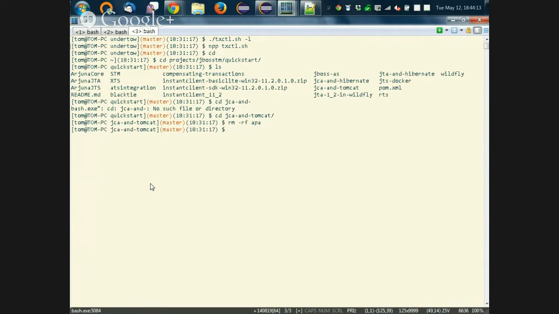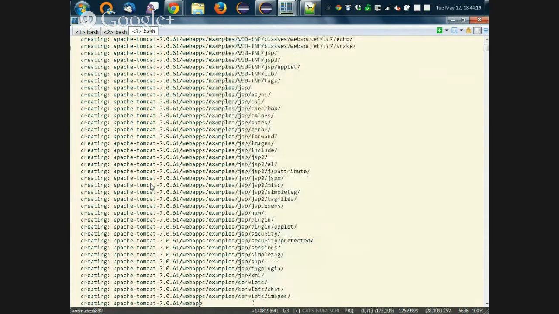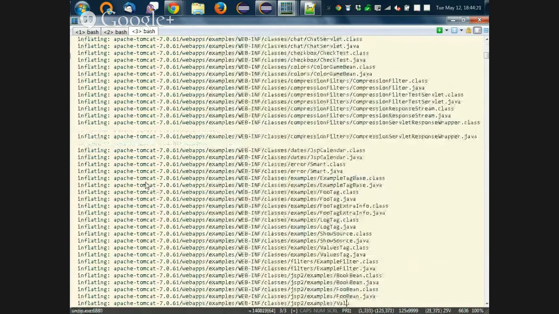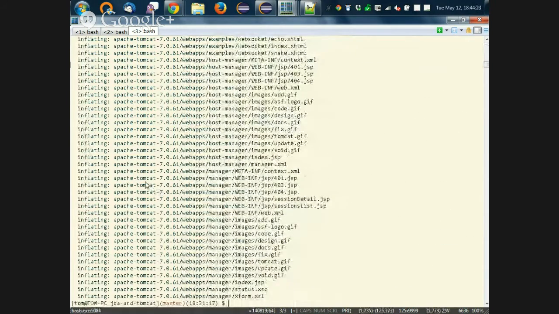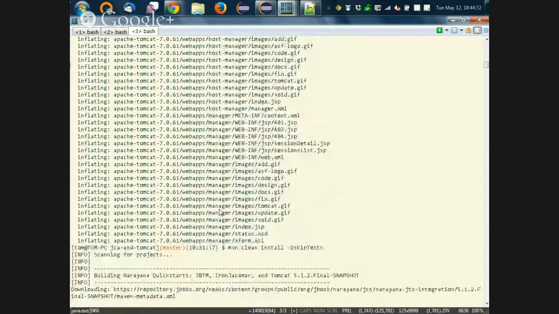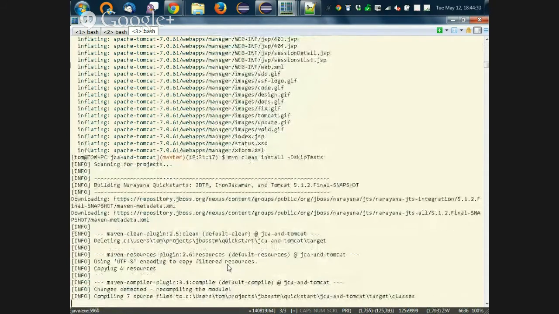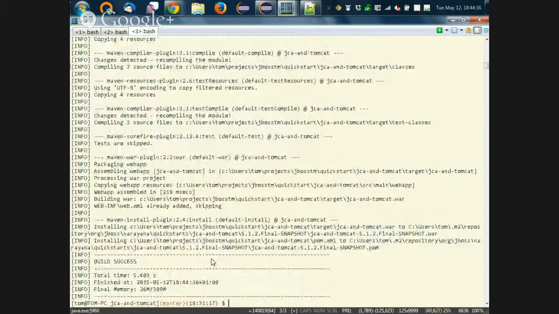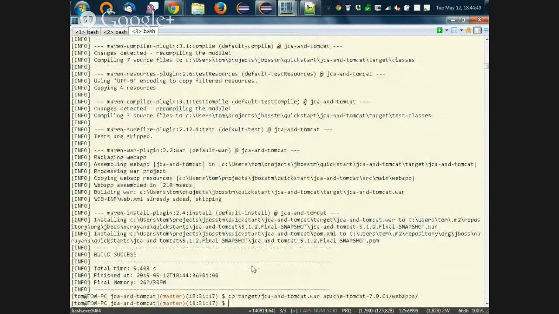Already cleaned out Apache, so I'm just going to unzip the latest one that I could find on the web. Just going to rebuild the example. So that's just building the source code that I was just showing. I'm going to copy it into the Tomcat folder. I fire up Tomcat,